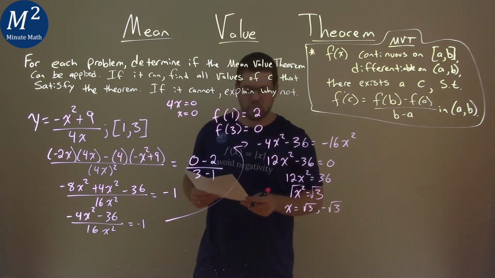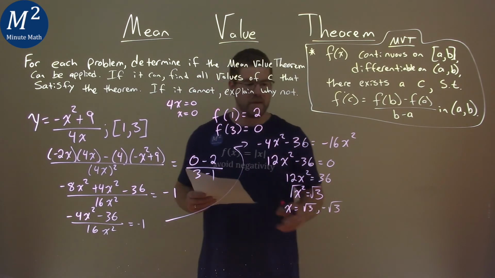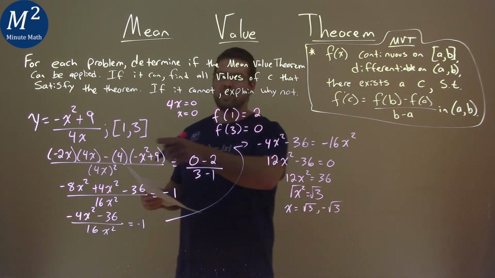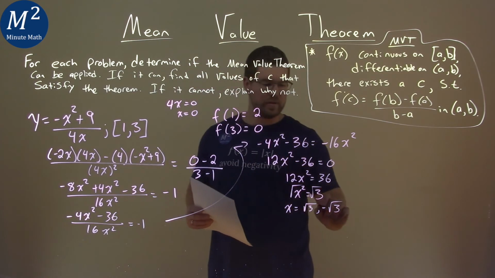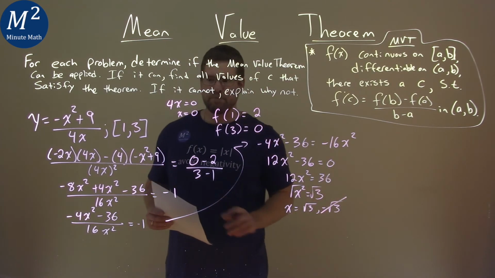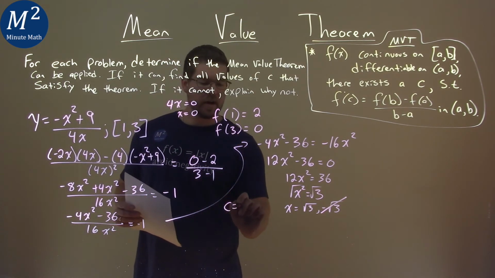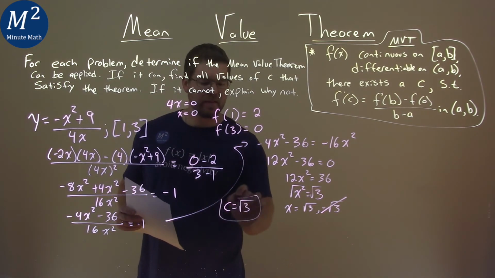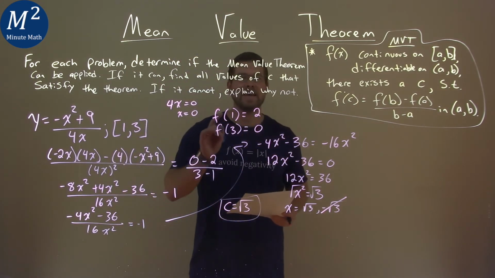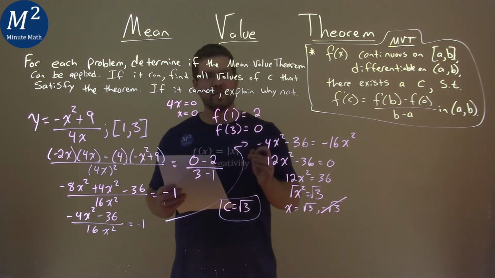Okay, so we have a positive square root of 3 and a negative square root of 3. A negative square root of 3 is outside of our interval from 1 to 3, so we can't use that. So we can only use square root of 3, which is inside of our interval. And so our c value is equal to the square root of 3. And that c value equal to the square root of 3 is the value of c that satisfies the mean